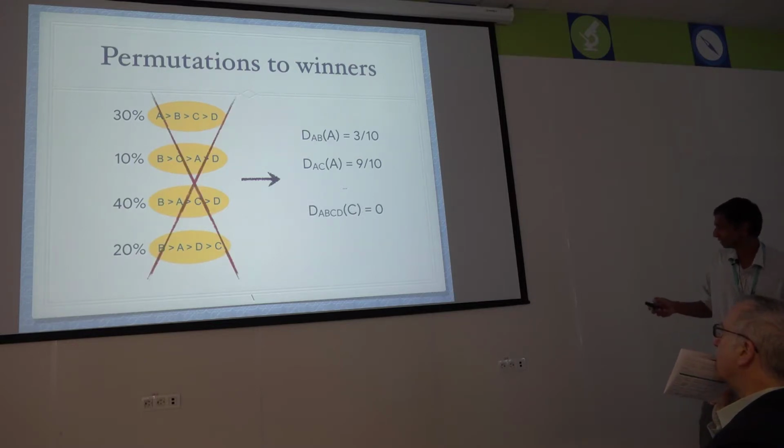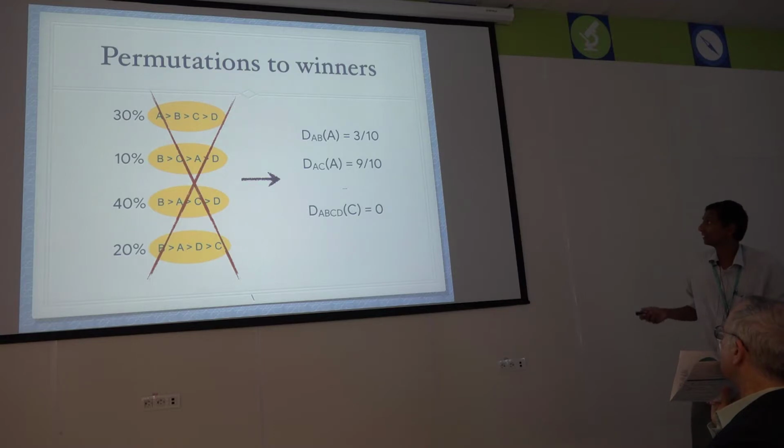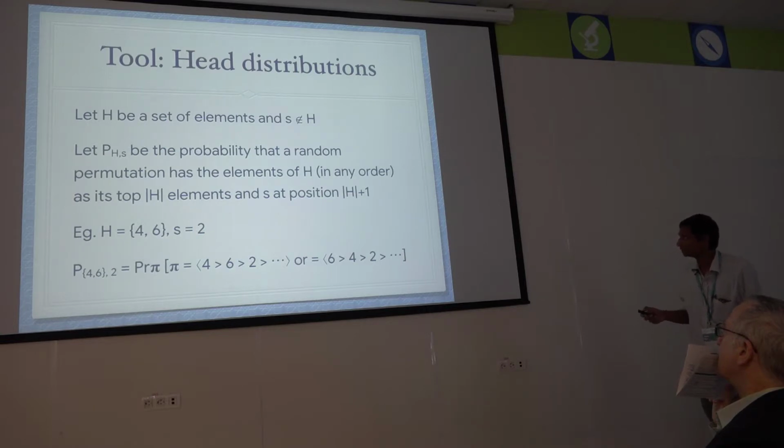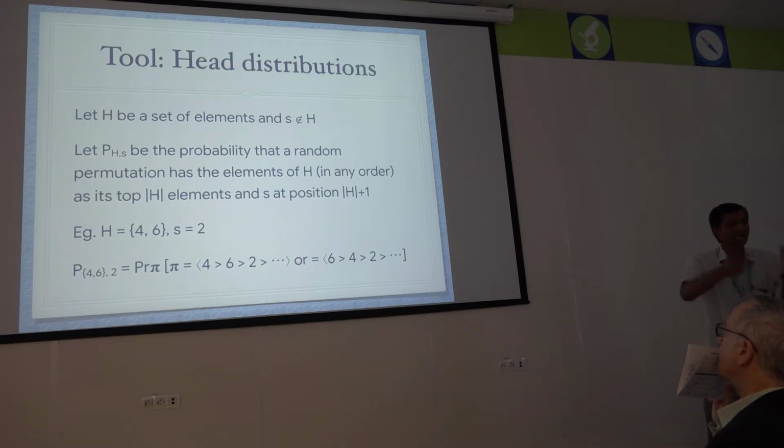But we know that we're not going to see this, right? Because users never give the order in which they prefer things. You only observe this: you're given a slate, and I see that 30% of users like the value A in the slate AB, and so on. Okay. So this intuition of going from the winning distributions to actual winners gives rise to this tool, which we call the head distributions. The idea is very simple.